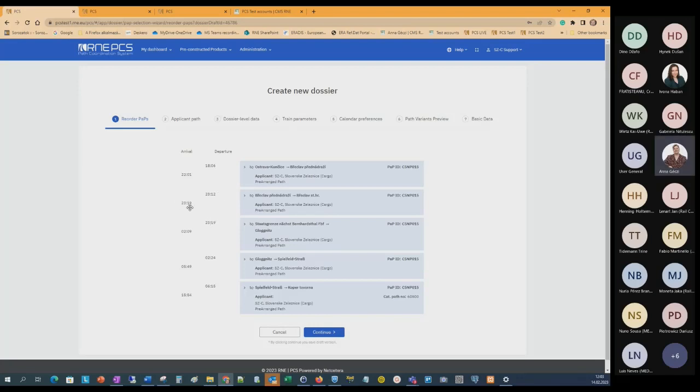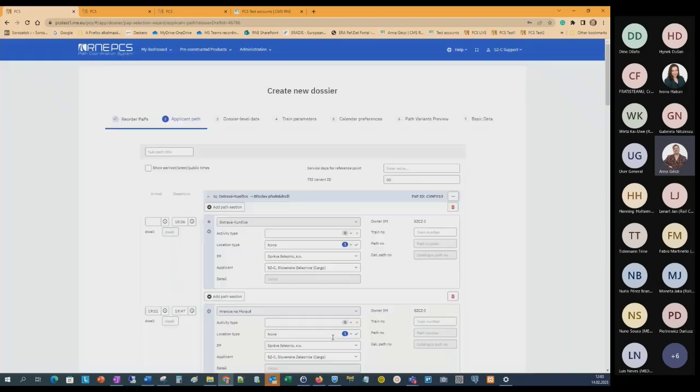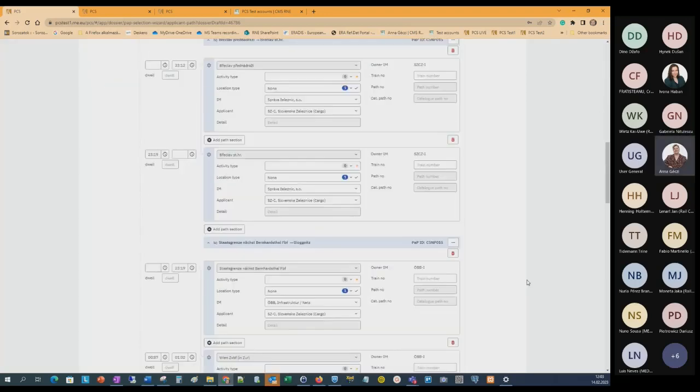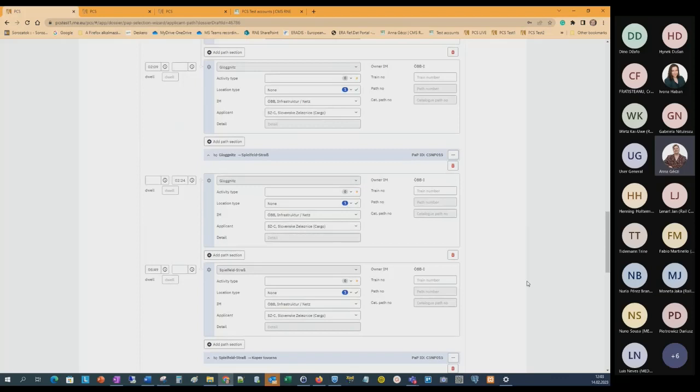That's the quick overview. We can see it's harmonized. We have it in the right order, and we press continue. I will not enter anything. I will leave it as it is. As I said,